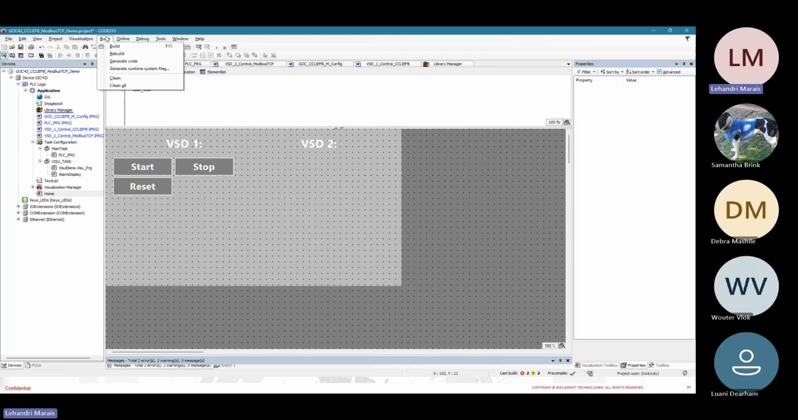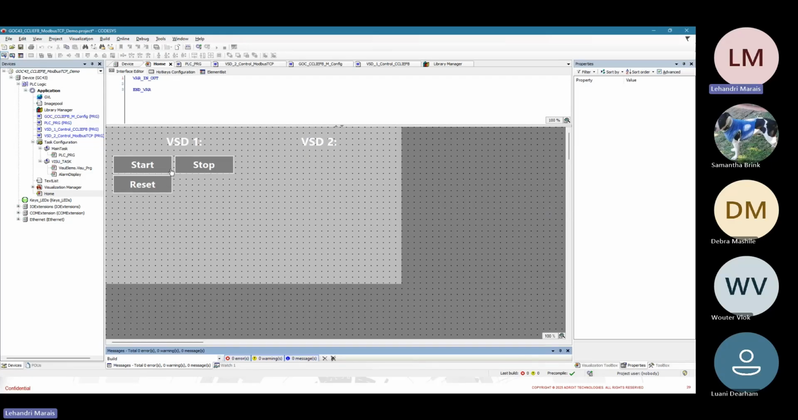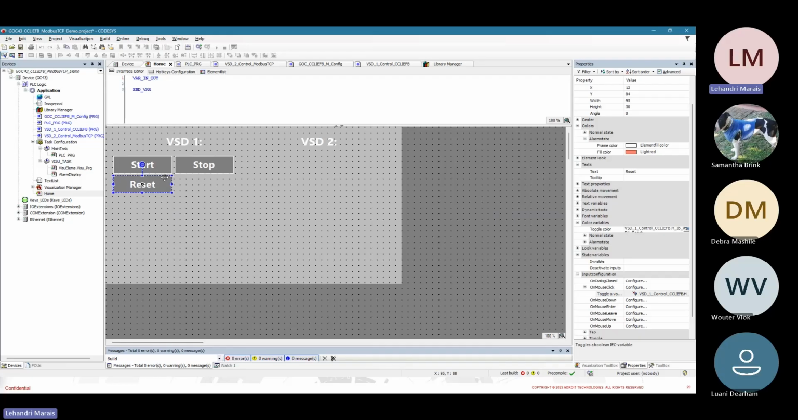Just to check that we aren't running into any errors, I will quickly do a build. Okay, so that compiled without any errors, so we can go on. Next, to set our frequency,